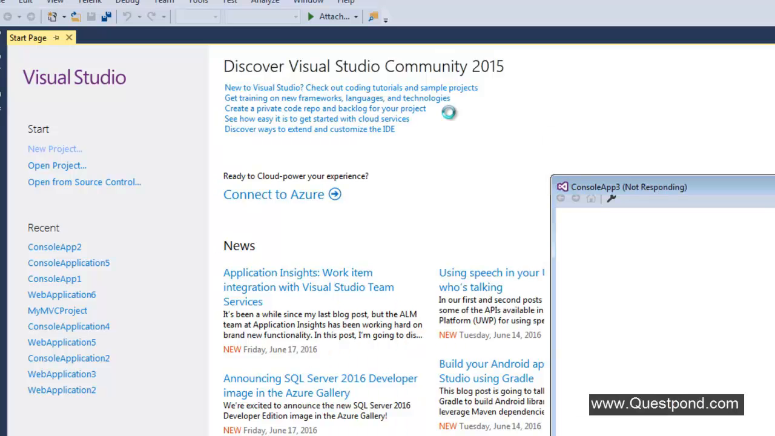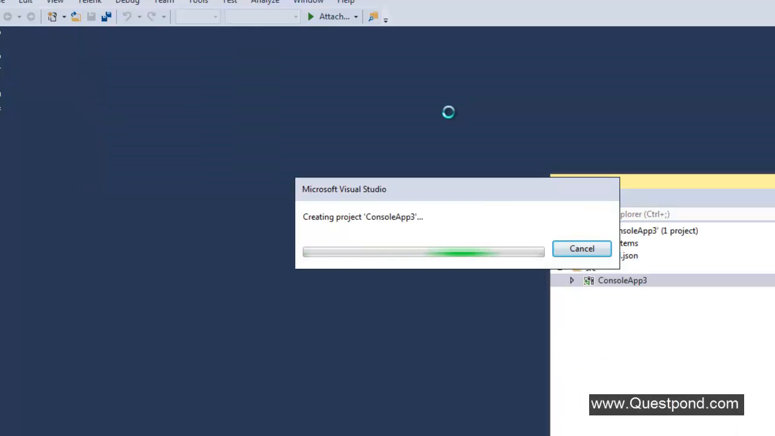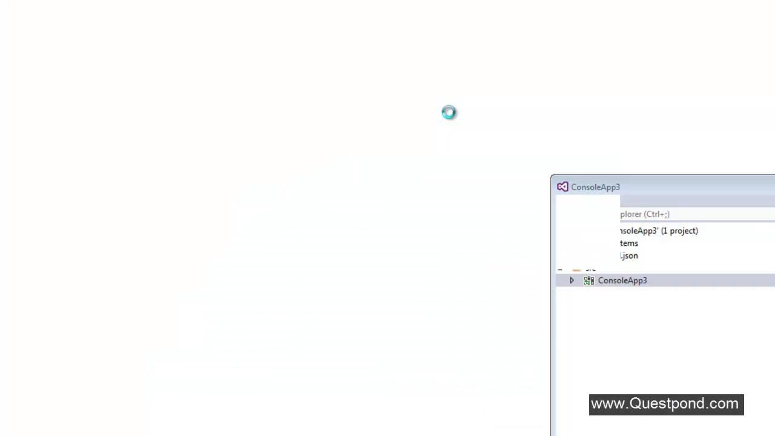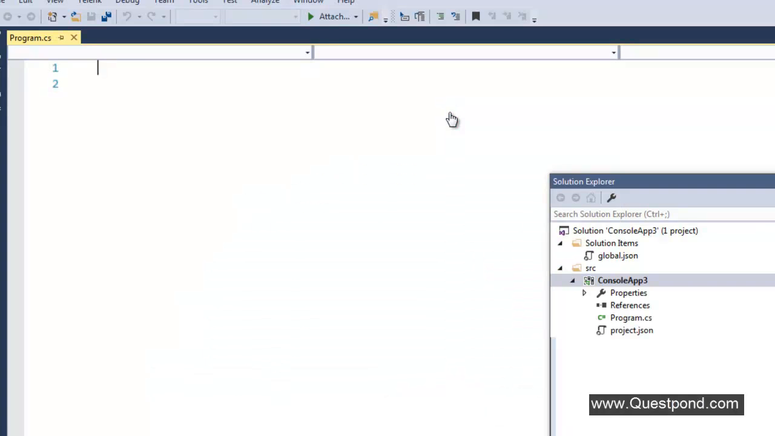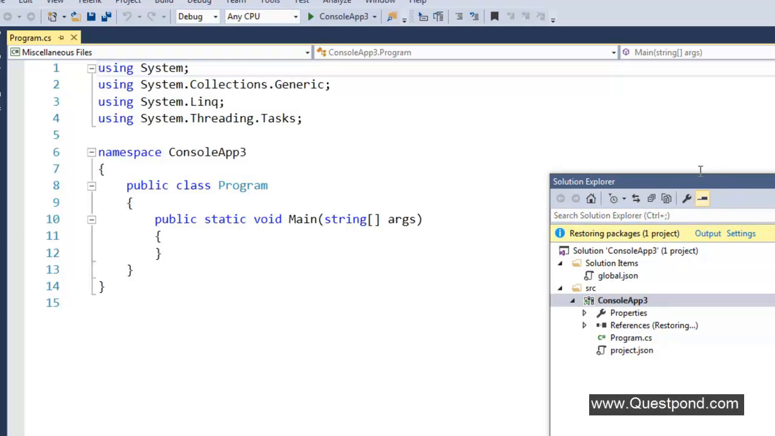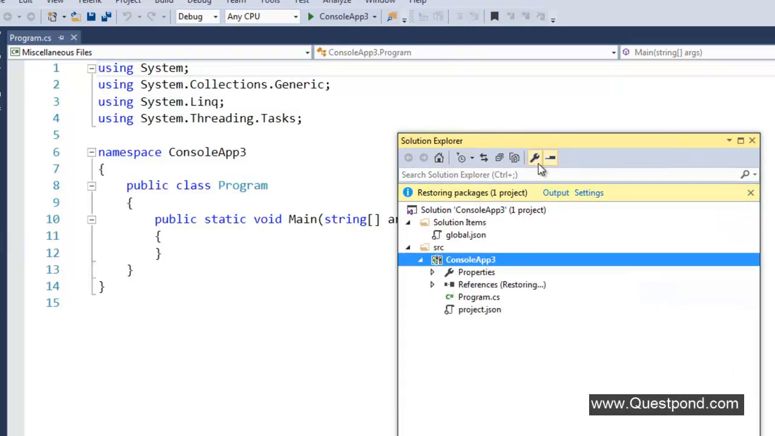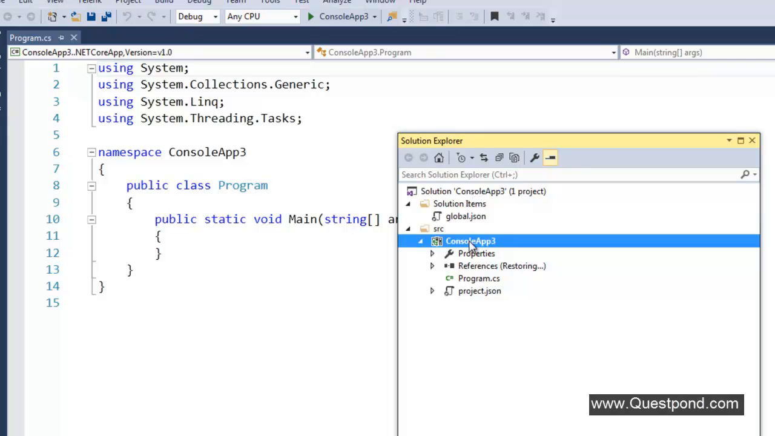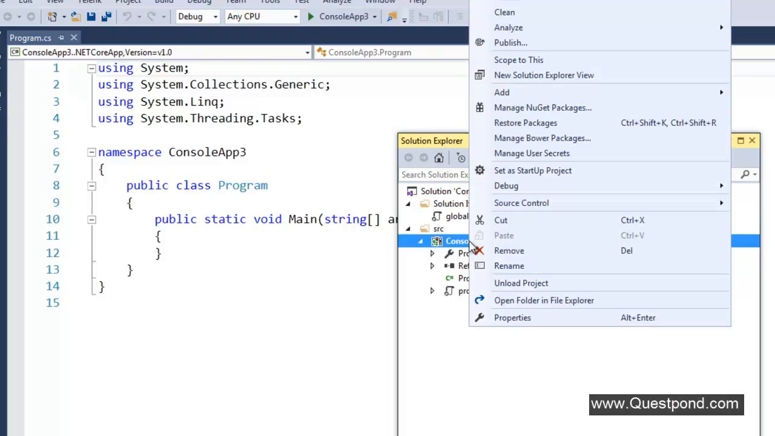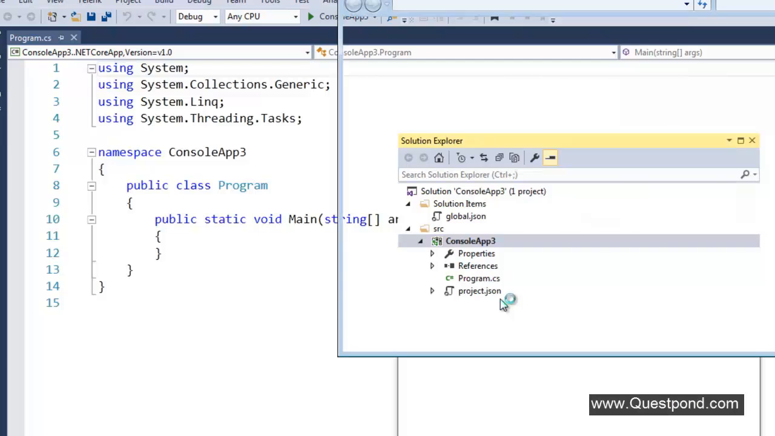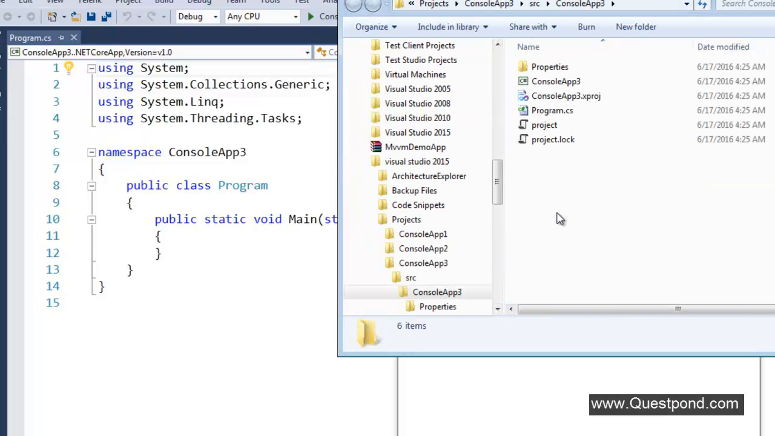So the first thing is you will not find any kind of CS file. If you remember, I said we do not have a CS file. All the configuration of the project is stored in project.json. So you can see here, let me go and open this in a folder. Let me open the project folder. So you can see here